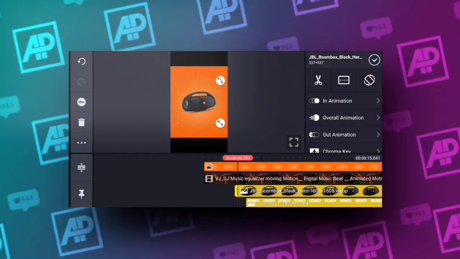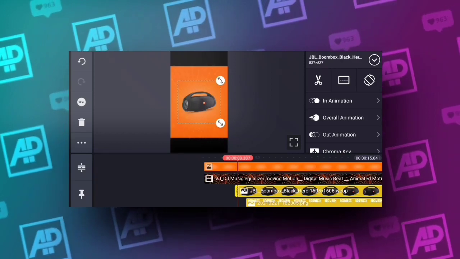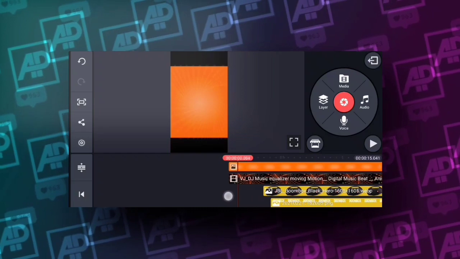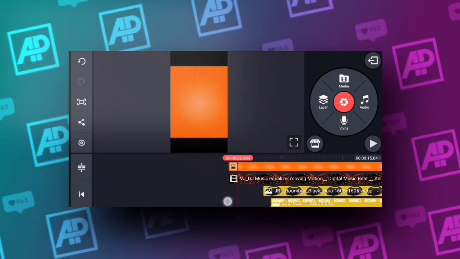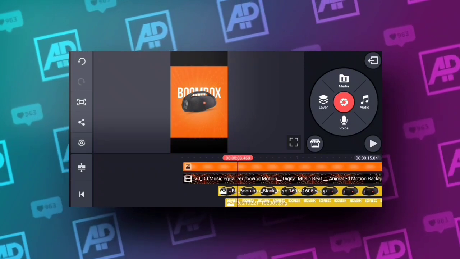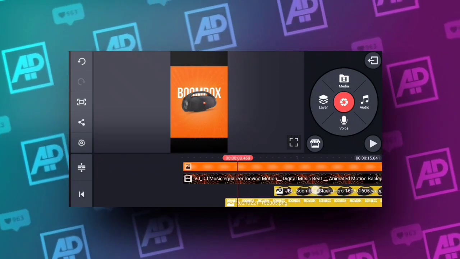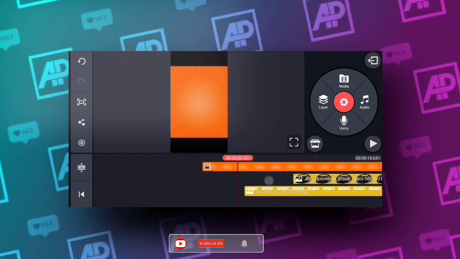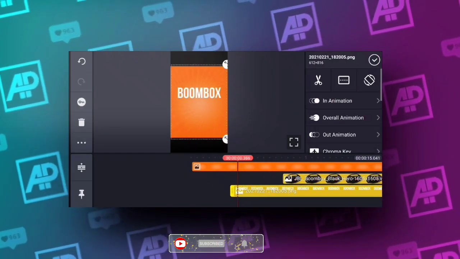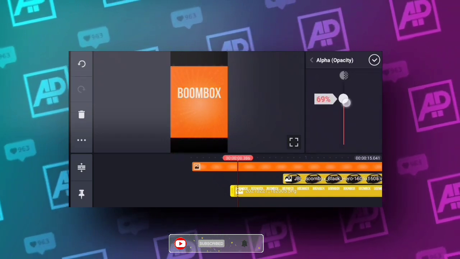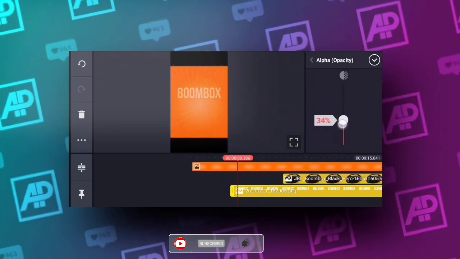And that is our main PNG form, and that is the boombox. Now place the boombox in the middle and see how the text will look and where you want to put the text. It is different for all the projects that you do. You might have to choose a different way to use your PNGs and images. But for this project I'm going to be using it like this,